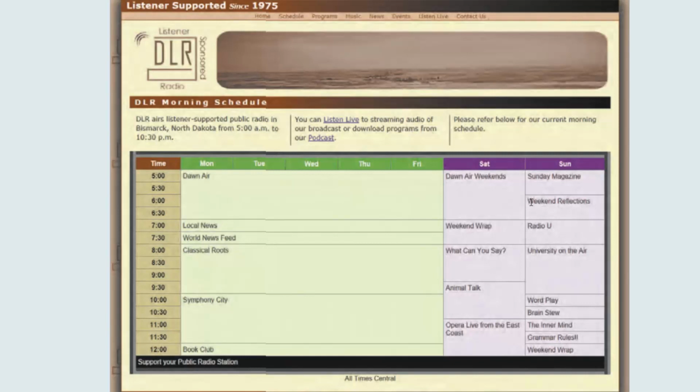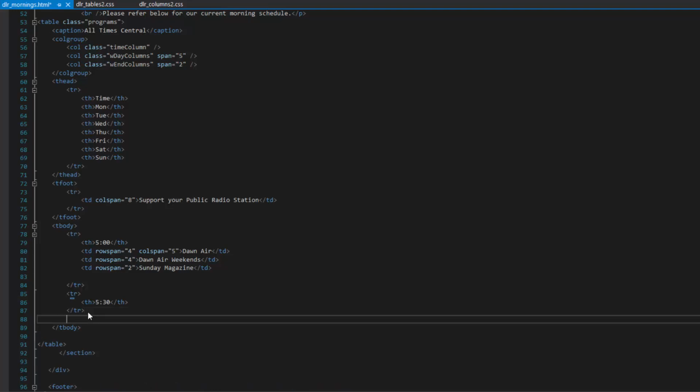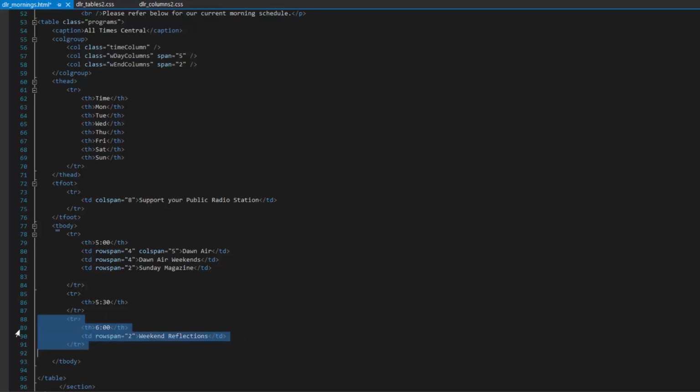But then notice we do have a show that begins at 6, which is the Weekend Reflections. So we'll add a TH for the 6, the time that's represented in that column there in the time column, 6 a.m. And then we'll add a TD for the Weekend Reflections show, and then that'll need to have a row span of 2 because it's on for an hour. So let me line that table row up there. And then we'll go ahead and add the next table row. As I said, inside of that table row, we're going to have a TH for the time, 6 a.m., and then we